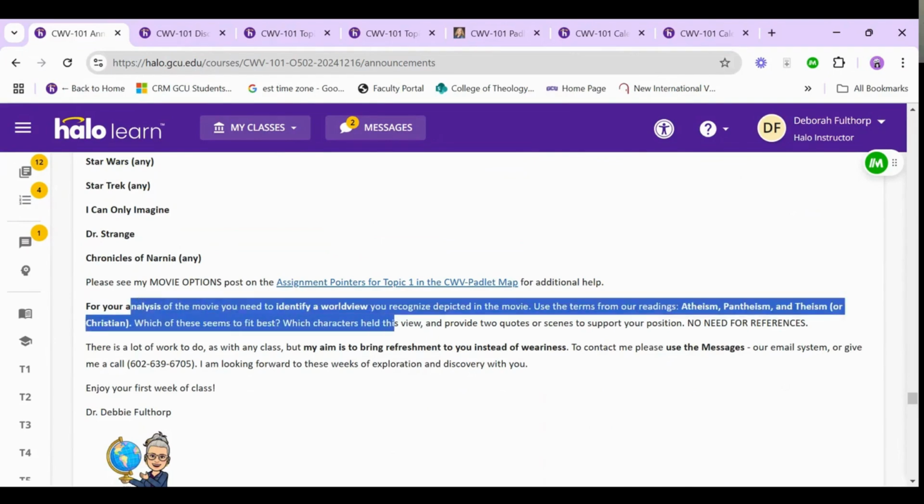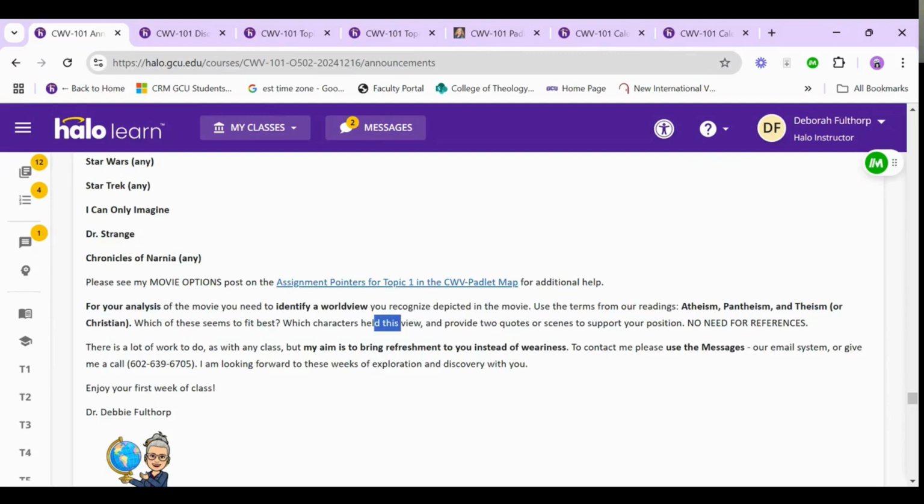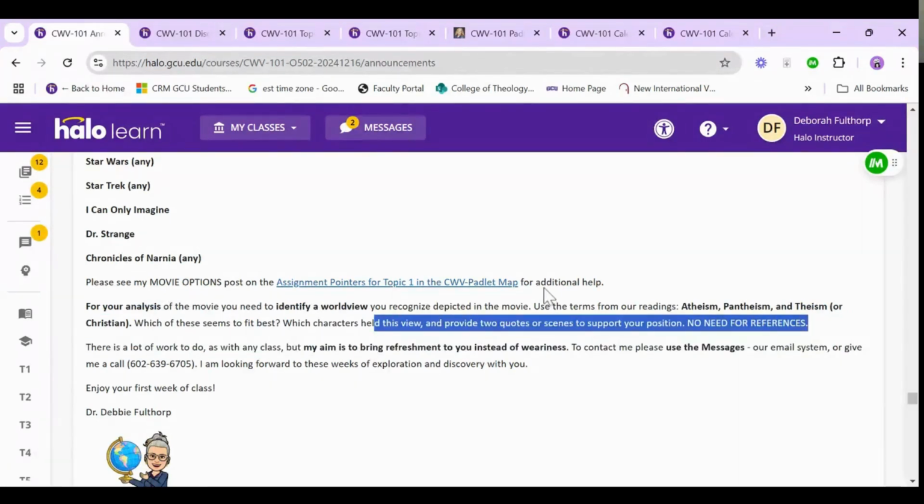For your analysis, you have to identify a worldview family that is asked in the prompt: pantheist, atheist, or theist. No need for references. You can put in a reference. You can practice your citations or references. If you have quoted somebody from the video, you can try and do a citation.